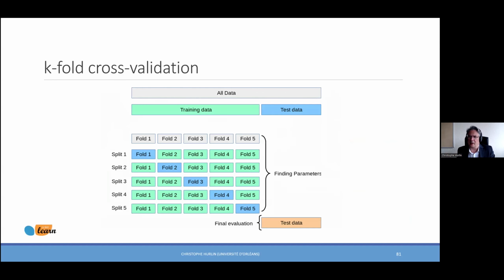This is another idea. Here we have the test set, and here you have the training data set that is used with a 5-fold cross-validation approach. At the end, you have theta star. With theta star, you estimate the model with the whole training data set, and then you evaluate this model on the test set. This is the final evaluation.